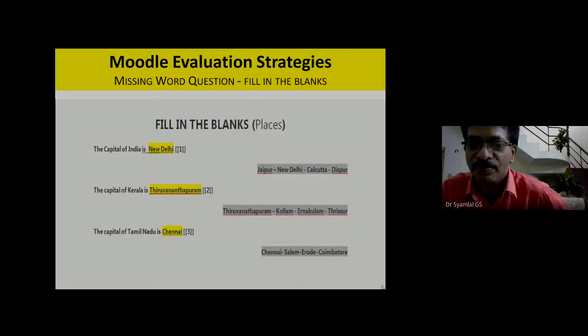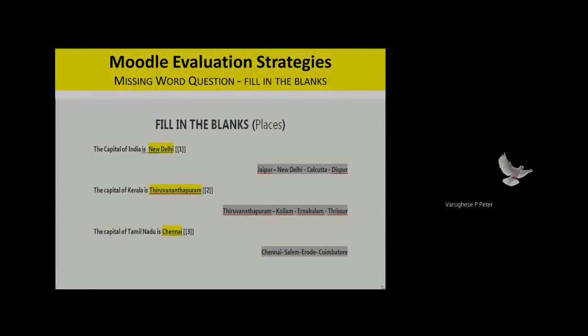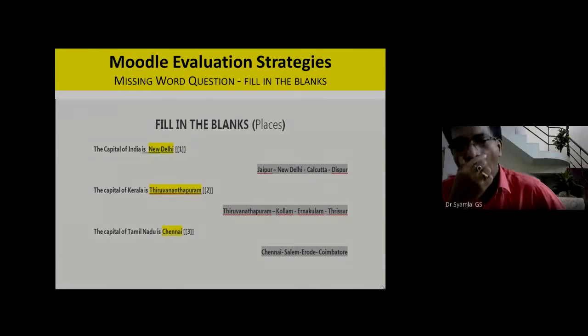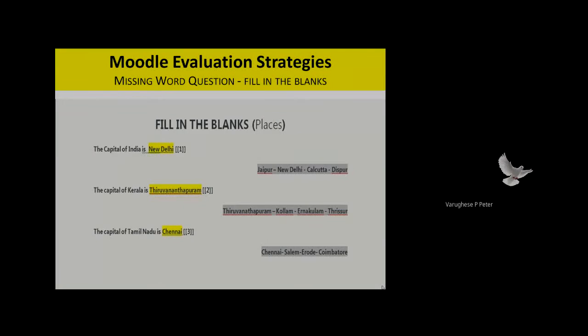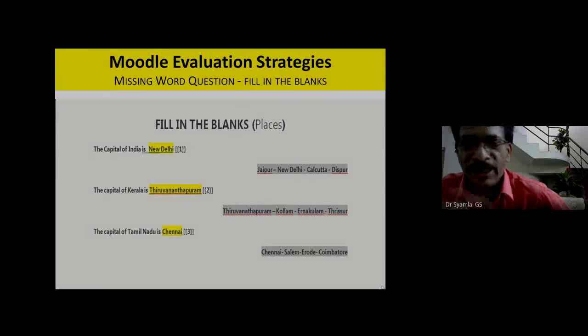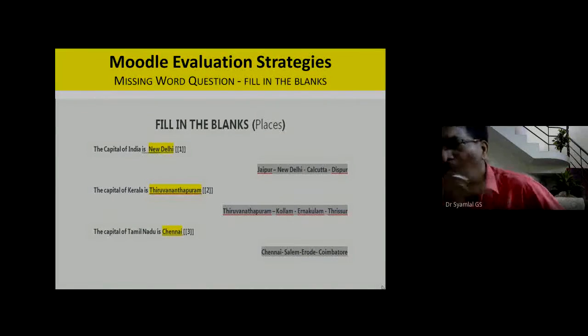Back. It is a doubt about fill in the blanks. The first question is the capital of India is New Delhi. Then you write the 4 options, Jaipur, New Delhi, Calcutta, on the right side. When you make something, you make it colorful.